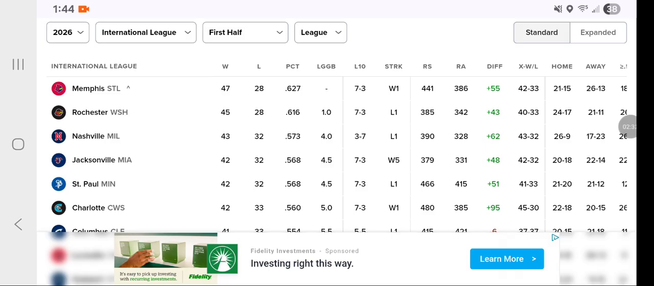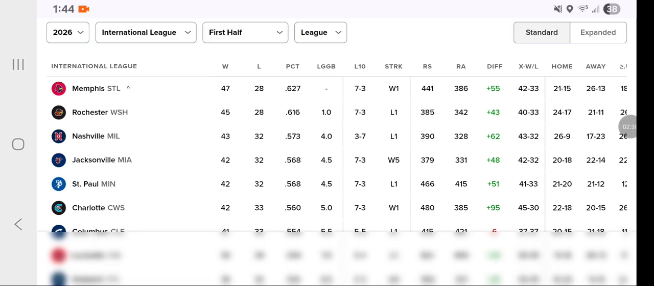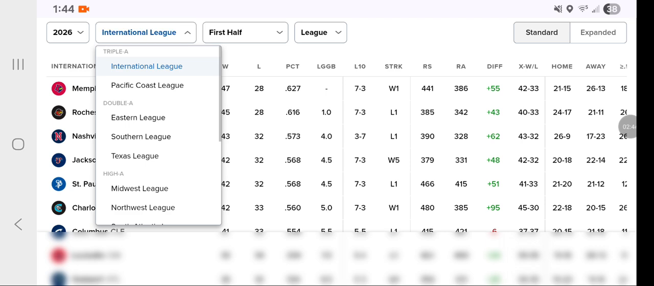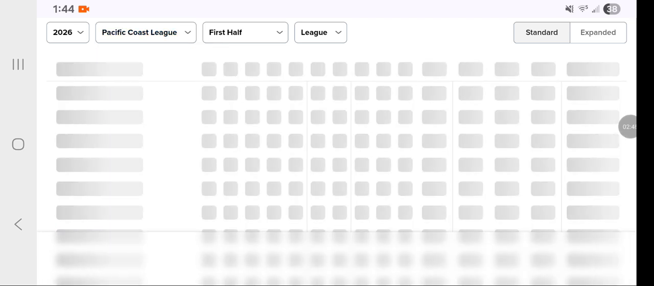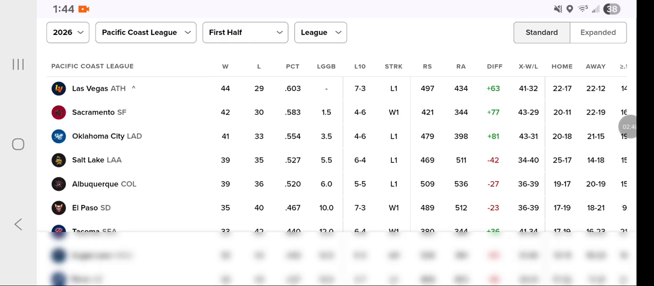In Memphis, the St. Louis Cardinals affiliate, 1. Rochester, like I said, had 2 games canceled. The Washington Nationals affiliate had 2 games either canceled or just moved to the second half, postponed to the second half, so that's what hurt them. But otherwise, they could have had it. And then Las Vegas, the Oakland Athletics affiliate,